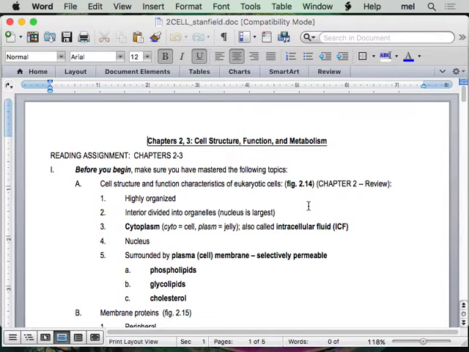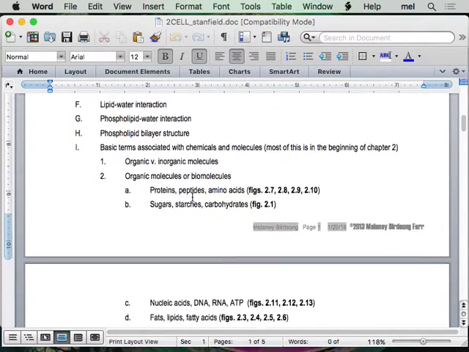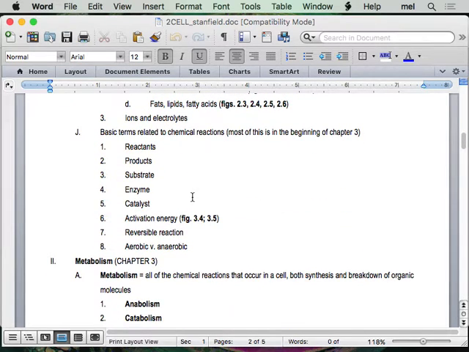But here's what we're not going to do. We're not going to go through and say this is the ribosome and it does protein synthesis. This is the Golgi apparatus and it does processing and packaging. And this is the nucleus, because you already know that. And if you're not confident with it, then you need to go back and do this before you begin the section, in which you remind yourself what the basic anatomy and function of the cell is. And then you also need to remind yourself about some basic chemistry. And then after that, before you begin the section, that's where I'm going to assume that you are at this set